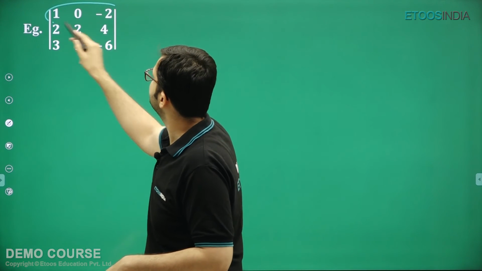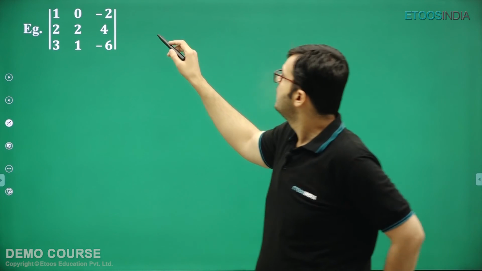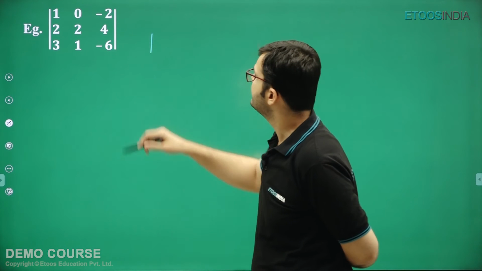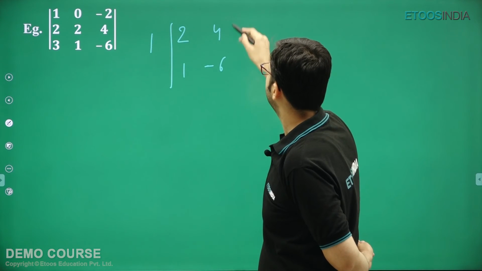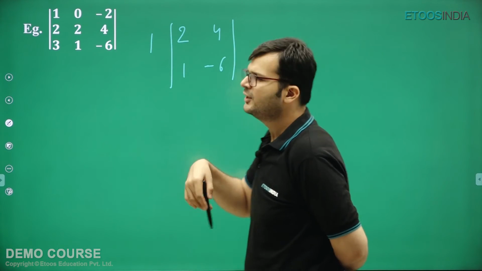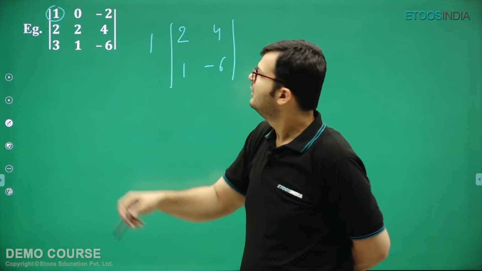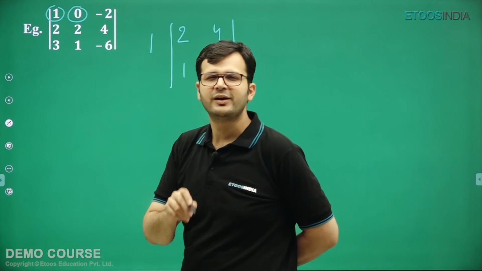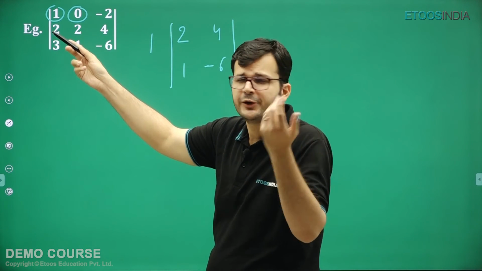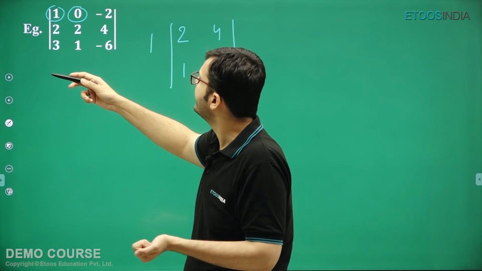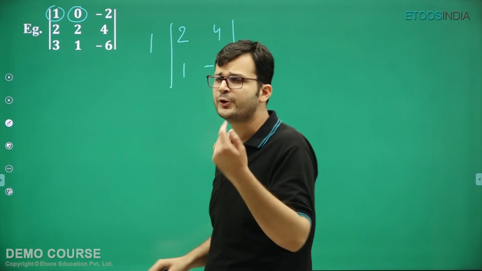First of all, let me pick the first row. So what is the value of the determinant going to be? I'm going to get 1 into the minor. What is the minor? The minor is going to be 2, 4, 1, minus 6. Let us make it a cofactor, so there is no need for a sign change. Now everyone has to understand this element is going to have the same minor and cofactor. This element is going to have a minor and cofactor which are negative of each other, because this is the 1, 2 element. 1 plus 2 yields 3, which is going to make it negative. And now you can understand plus minus plus, minus plus minus, plus minus plus. This is going to be the trend.